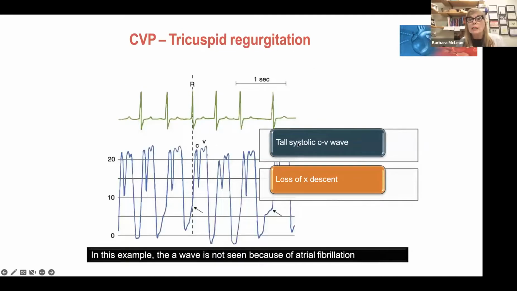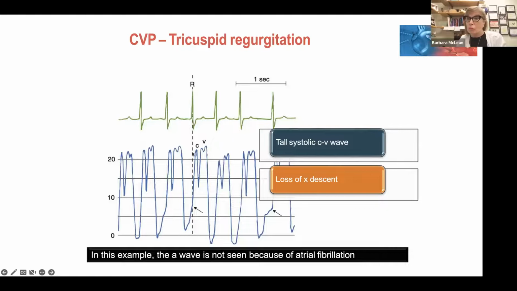Okay, tricuspid regurgitation. So here's what I love. I love it when I have a doc come in. I've got a central line. It's in the central vein. And the doctor says to me, that catheter's in the pulmonary artery. Oh, no, it's not. It's not long enough. A central line is not long enough to reach the pulmonary artery. Then they say that catheter's in the right ventricle. Well, it could be. But the probability is, if you take a look at this, you are regurgitating through your